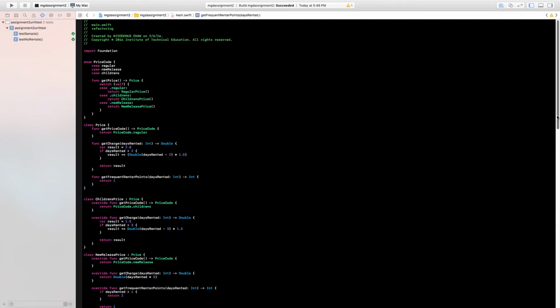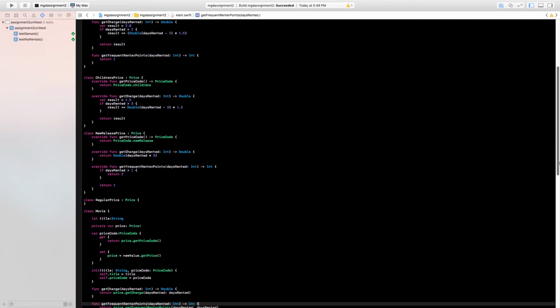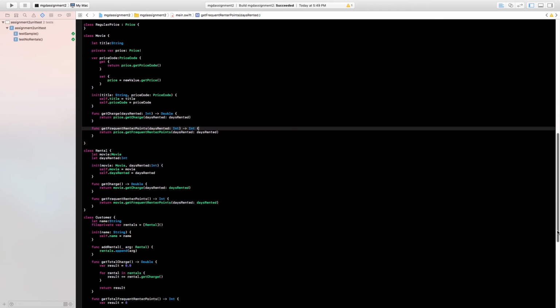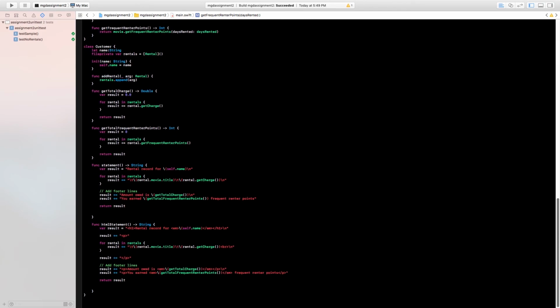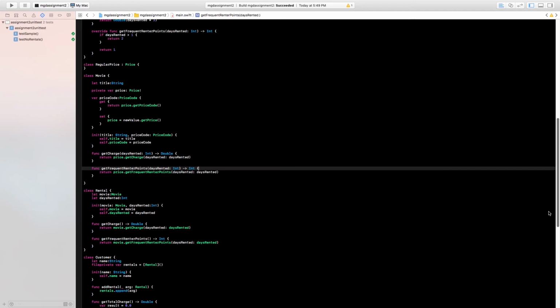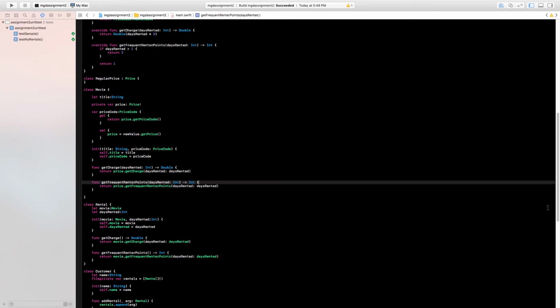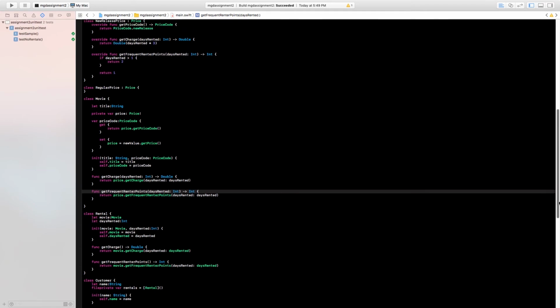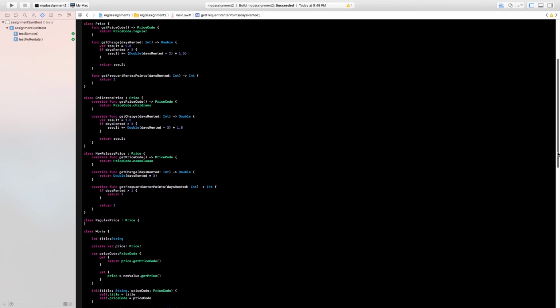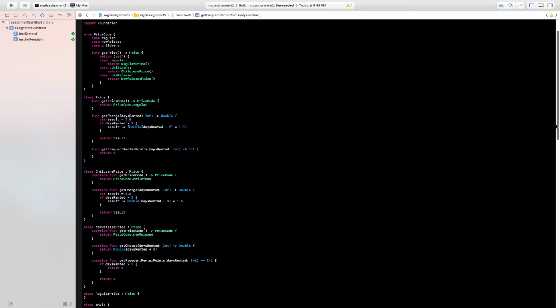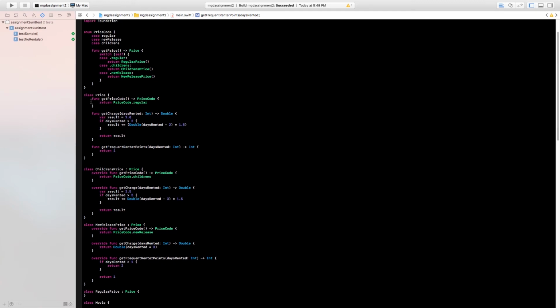So you may complain that this is quite a lot of work, right? I mean, wow, it's a lot of code here, right? But what you get for all this work is this: your classes are more organized and it's very easy to add in more classes. So for example, now that we've got our default class price and we've got children's price, new release price, and regular price, which actually subclasses from this,